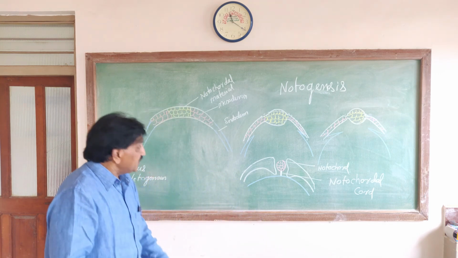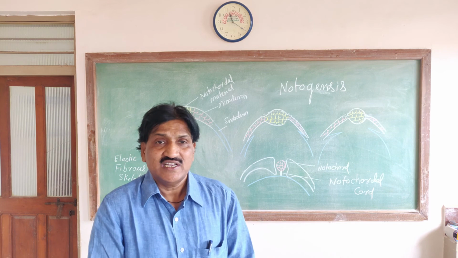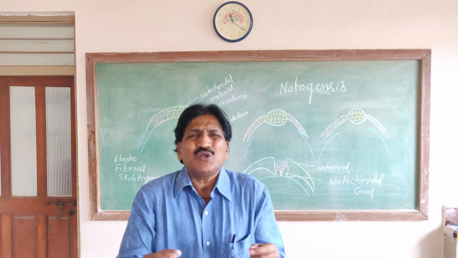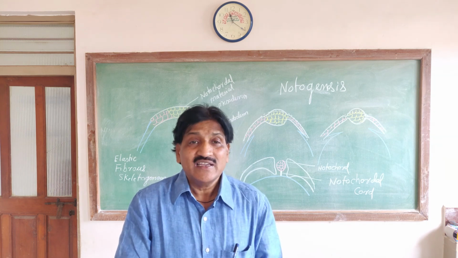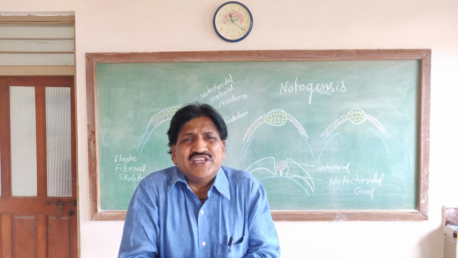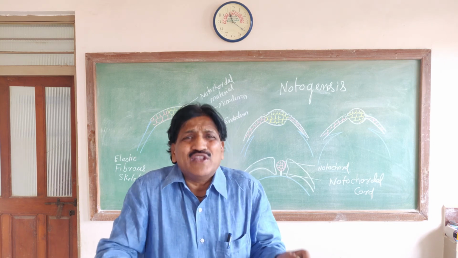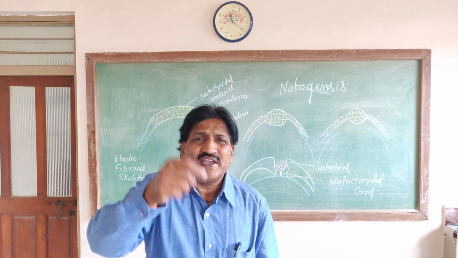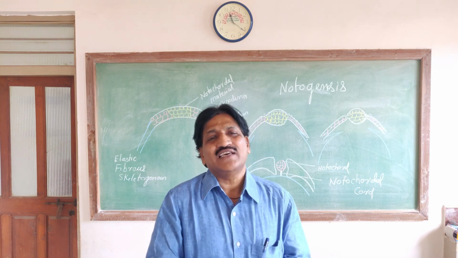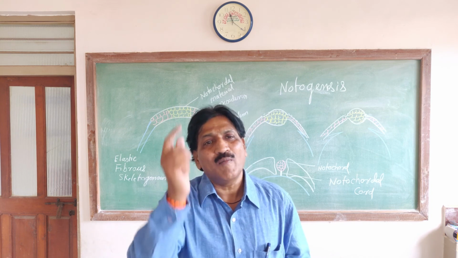Now here, after complete formation of the notochord, in the beginning stage the cells are loosely aggregated. Later, these loosely aggregated cells become closely arranged toward each other and fuse together to form vacuolated cells. So in the beginning stage the cells are loosely aggregated, and later they fuse together to form a compact structure.